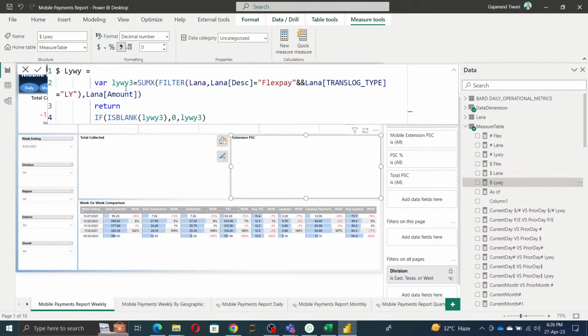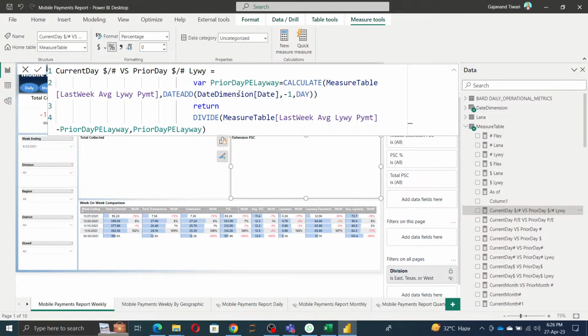So they did it, okay, and the same condition is passed everywhere. Then they compare the previous year, last year and current year the same way. Say this: they did a variance, previous day, levies. So current measure, last year average payment,